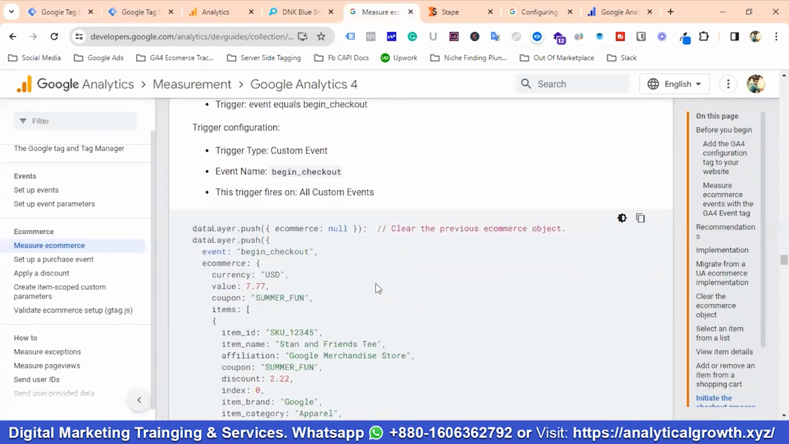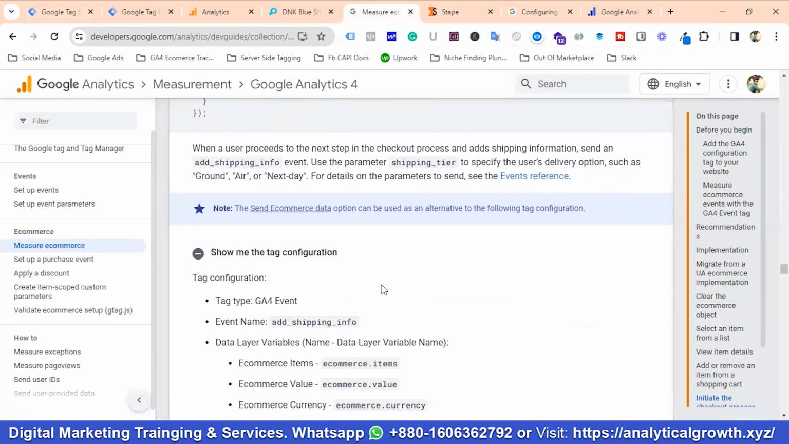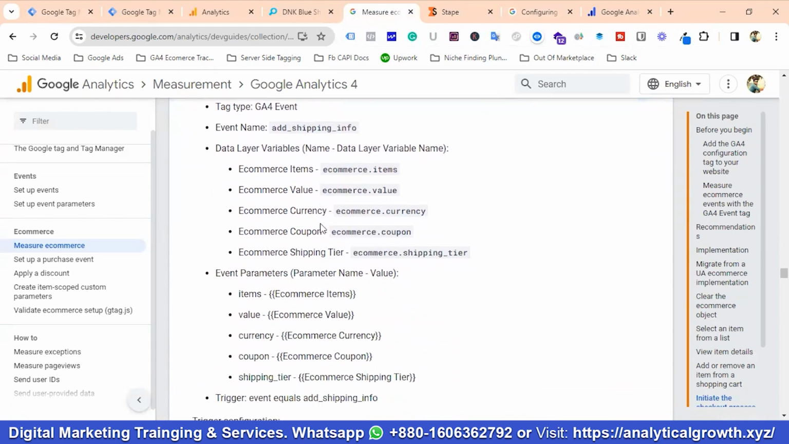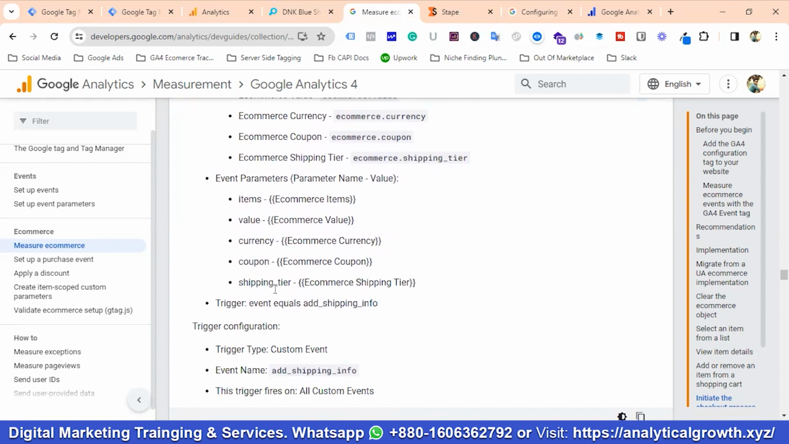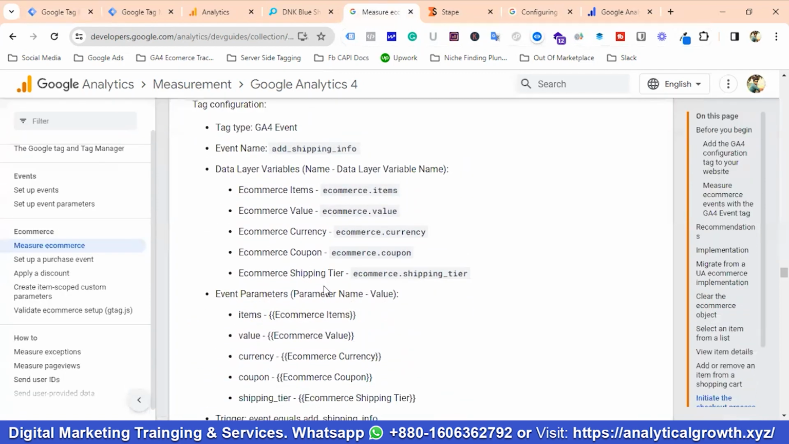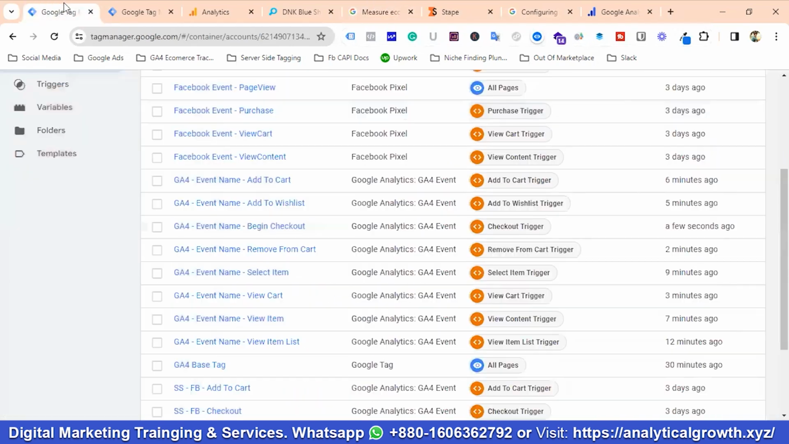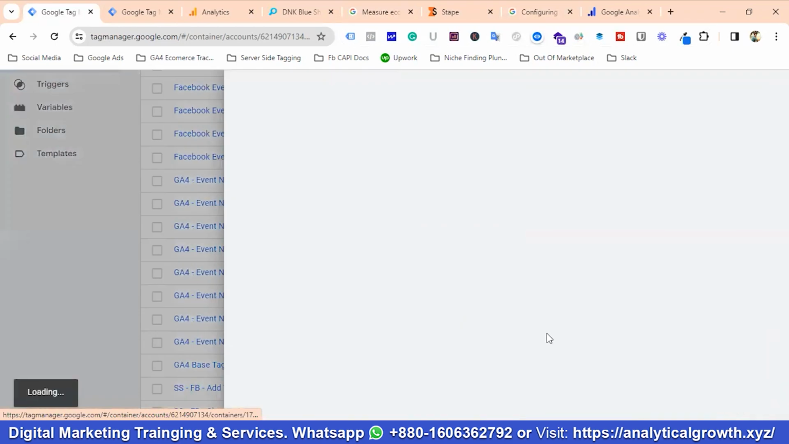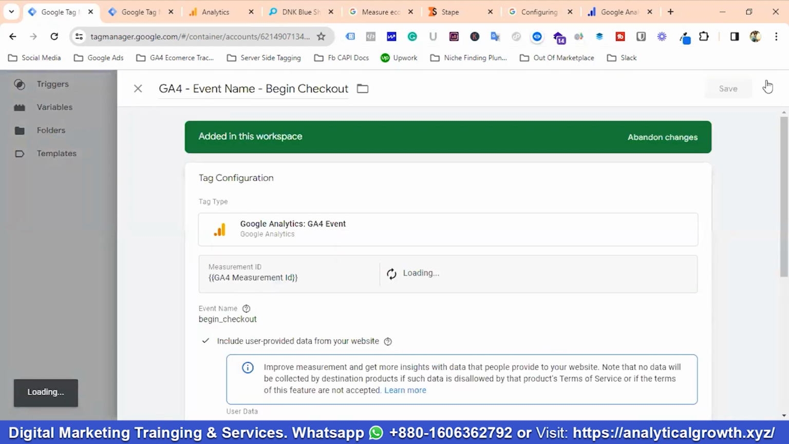Then the next tag I'm gonna be creating will be for add shipping info. So e-commerce items, value, currency, coupon, and shipping tag. So we need to create an additional data layer variable for shipping tag. Okay, so we will create it, not an issue. So let's go to the tag assistant and GA4 begin checkout. So I'm gonna copy this tag